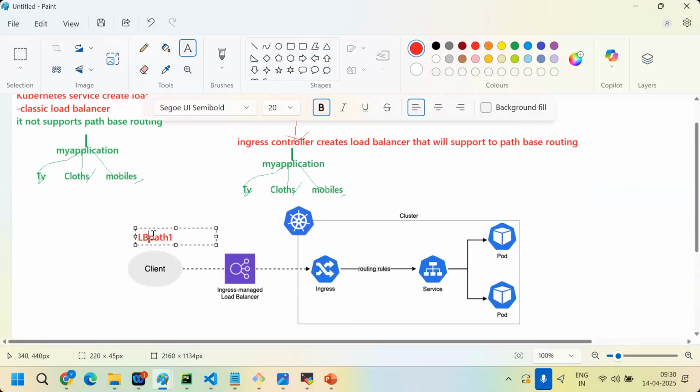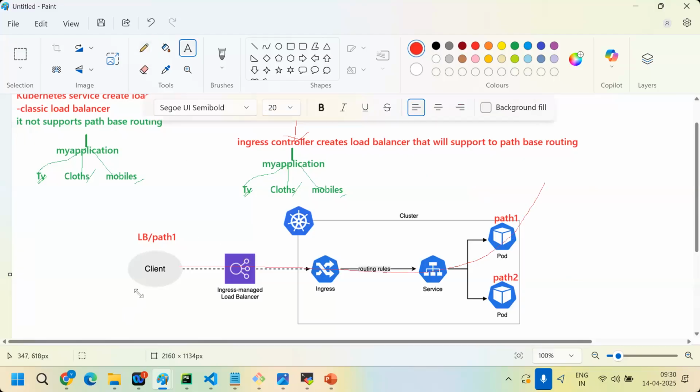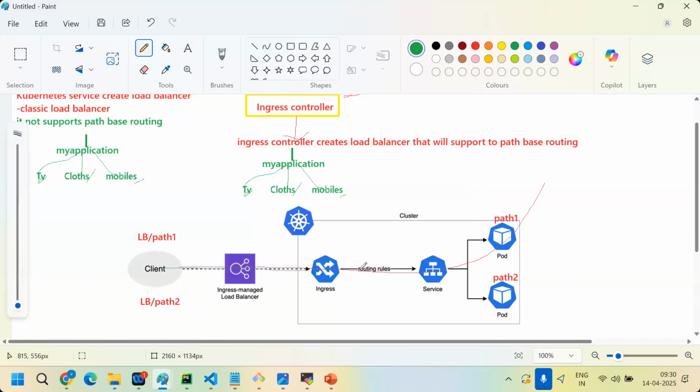If I access LB path 1, the request will go here. If I access path 2, the request will go here. Clear now?